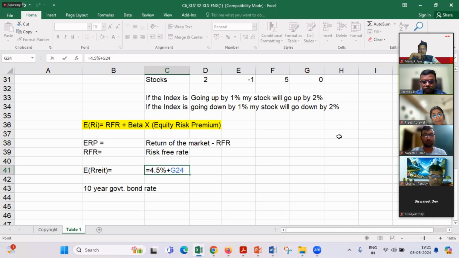Multiplied by the return of the market. How much is that? Go and search Google for the 100-year return of the S&P 500.